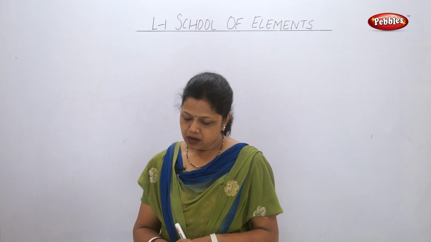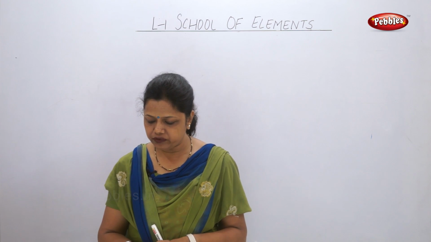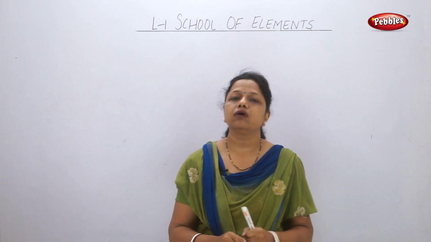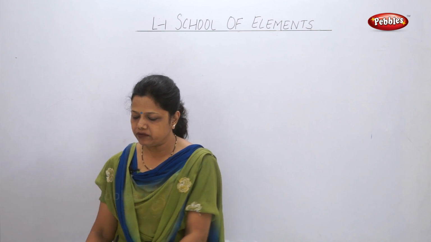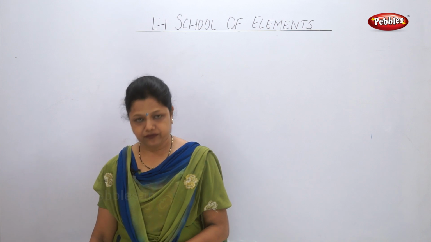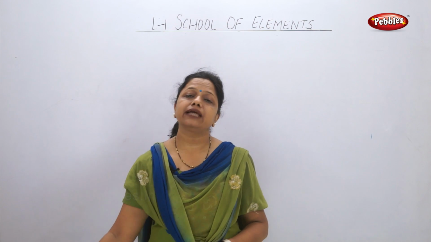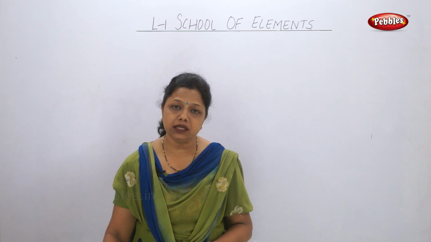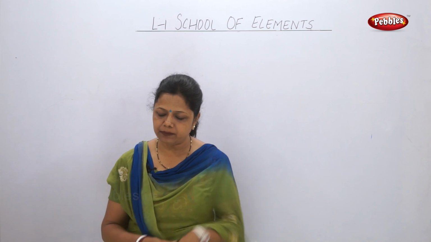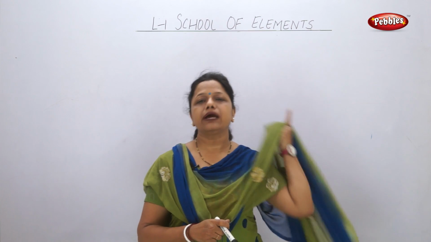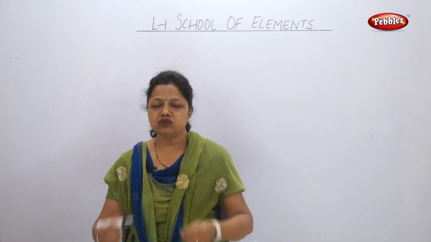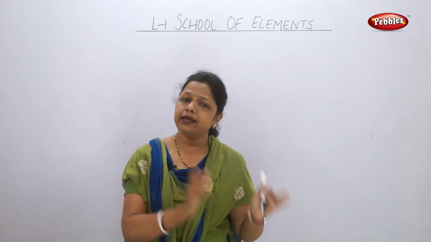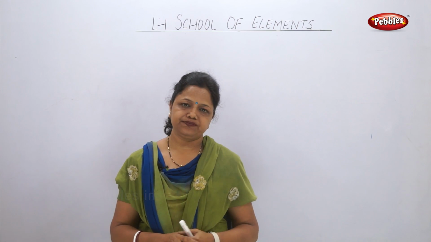Third question. Write the name, symbol and electronic configuration of first 10 elements. Now all of you can take out your modern periodic table which is given on page number 5 and you can see the first 10 atomic numbers. First 10 atomic numbers you should learn. Hydrogen, helium, lithium, beryllium, boron, carbon, nitrogen, oxygen. These are the names which you should learn. First 20 atomic numbers with their names of the elements should be learned by heart.